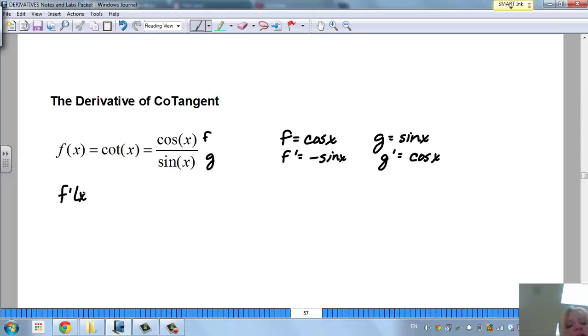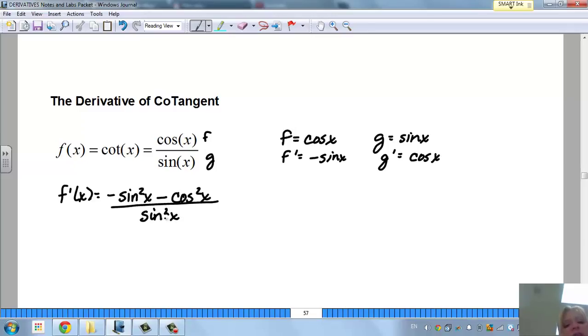So f prime of x is going to be f prime g, so I have a negative sine squared x, minus f g prime, so I have a negative cosine squared x, all over g squared, which is sine squared